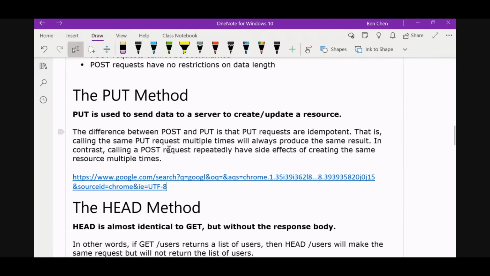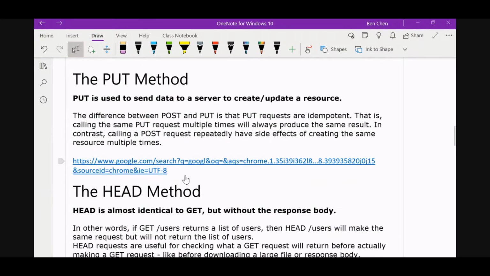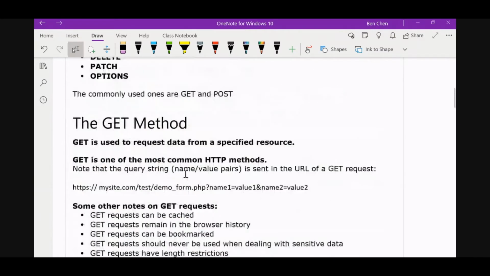But if you do the post, then this will not change. You still have www.google.com. You don't have anything behind it. But the request is embedded into a message and sent behind the scene. And that can be encrypted. And this is not encrypted. So that's the difference between the two. And then we have